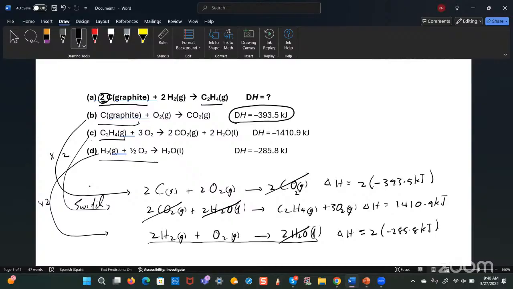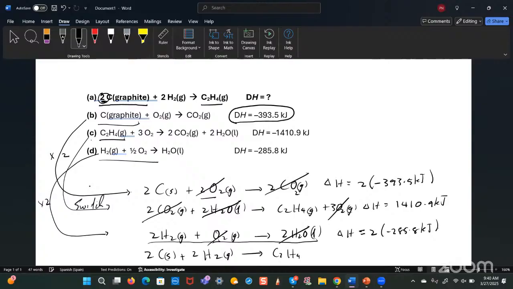And this one is not immediately obvious, but you'll notice that you have 2 oxygens here plus 1. So that's 3 oxygens total on the left side, and those will cancel out with those 3 oxygens on the right side. So the only thing that would remain would be 2 carbon plus 2 H2 gas to give